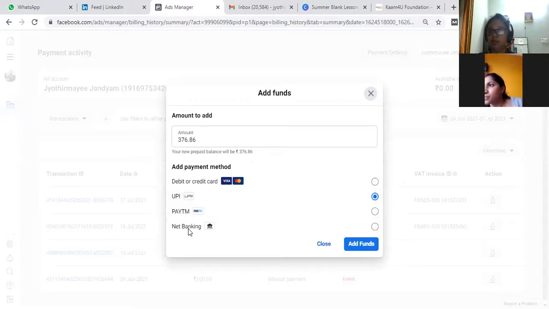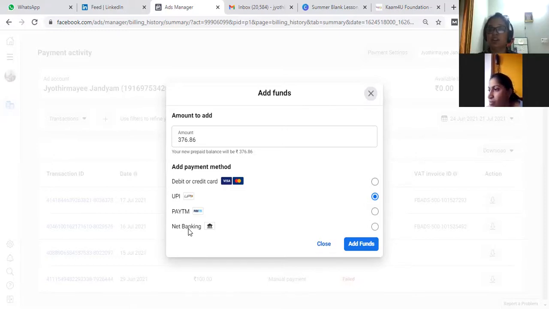Can you see Paytm on your screen? If the Paytm payment method option is there, try to add the amount through Paytm only. Don't give any debit card, credit card, UPI or net banking. Mobile wallets are always safe, because though the GST is high, there is no risk, since you will be adding only 2000, 3000 in the mobile wallets.